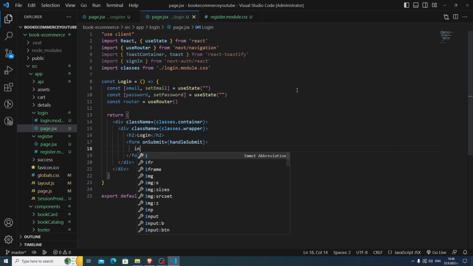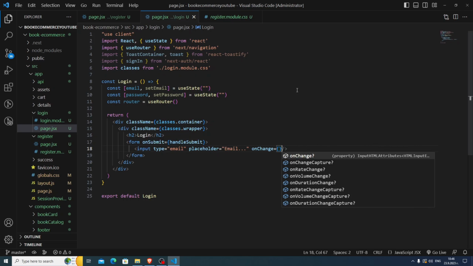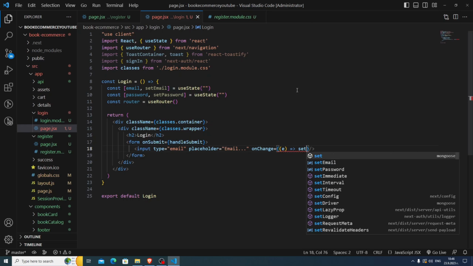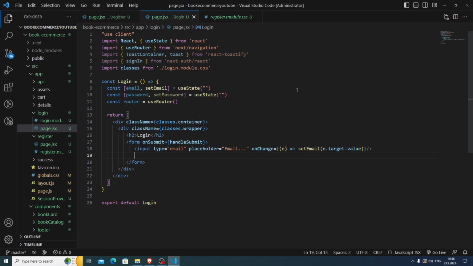Okay, let's continue. So here import input, and here is going to be email, placeholder email..., and here onChange, and here setEmail is going to be e.target.value like that. Then input is going to be password. The placeholder is going to be here password..., and here onChange we take the event, and here setPassword